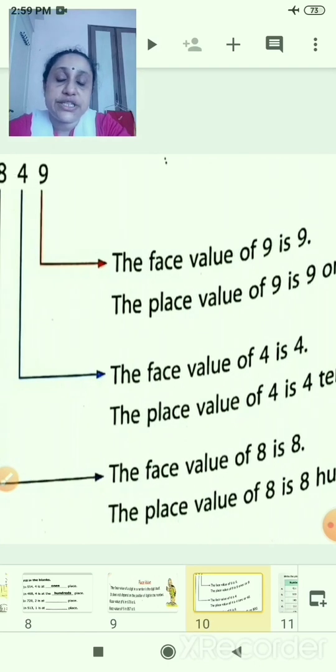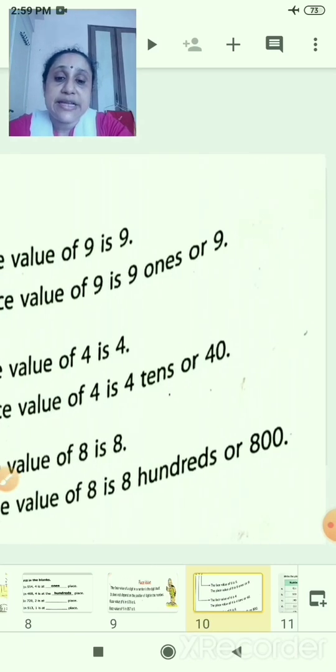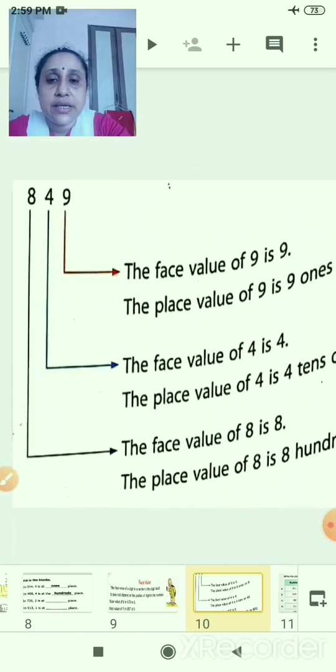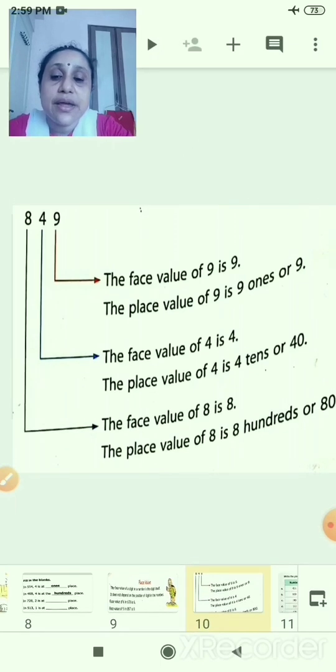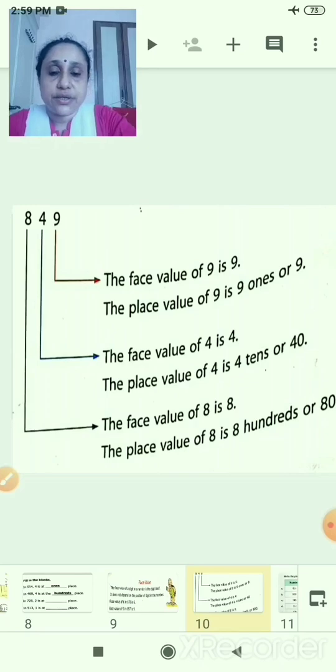It will not change, but the place value of 8 is in hundreds, or 800. Okay, is it clear? Both the place value and face value. So in place value, the place changes, you have to write which position it is in, hundreds, tens or ones, but the face value will not change.